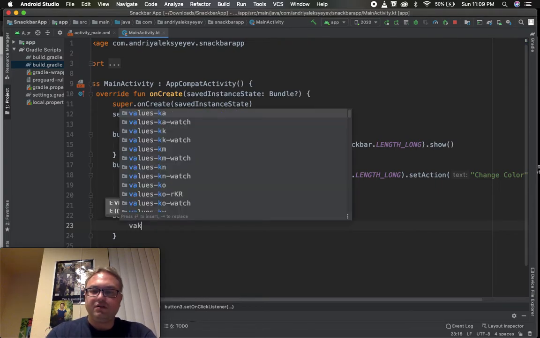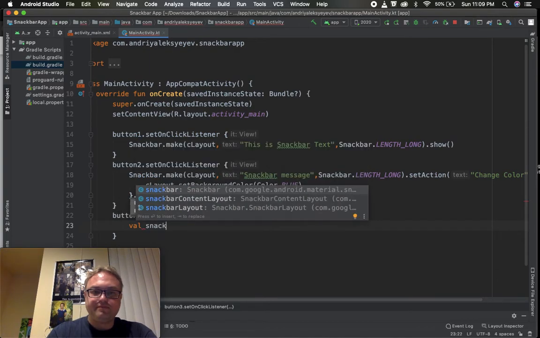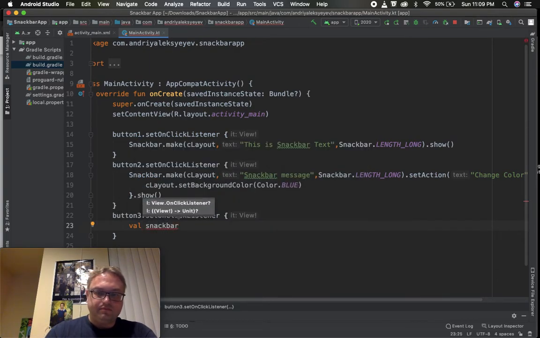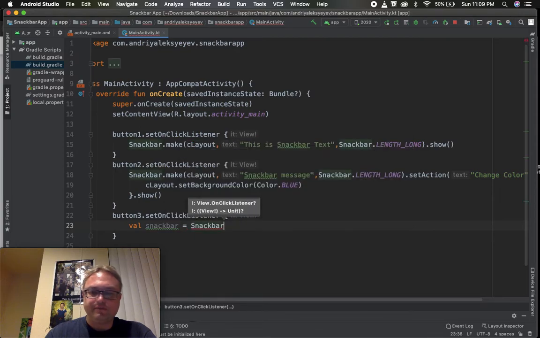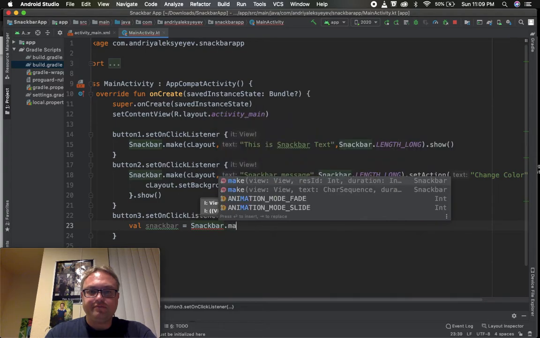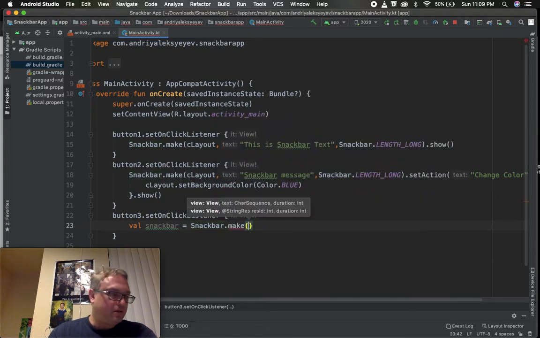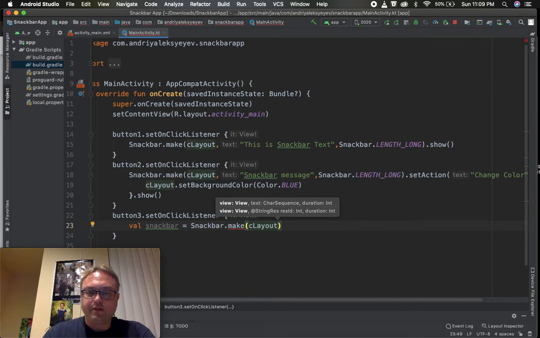So val snack bar equals Snackbar with capital S, make, and once again we're going to see where it is, C layout, comma,